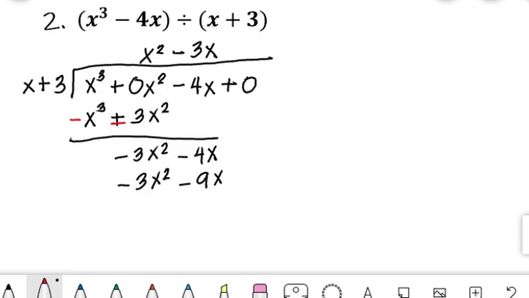Again, papalitan natin yung sign or yung symbol. Yung negative 3x squared ay magiging positive na siya at yung negative 9x ay magiging positive din po. So, subtract na natin siya. So, negative 3x squared plus 3x squared is equal to 0 and negative 4x plus 9x is equal to positive 5x. So, bring down 0. So, ang bago nating dividend ay 5x plus 0. So,